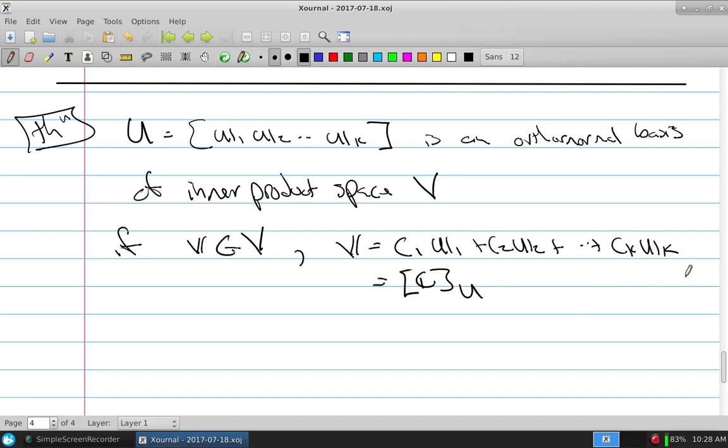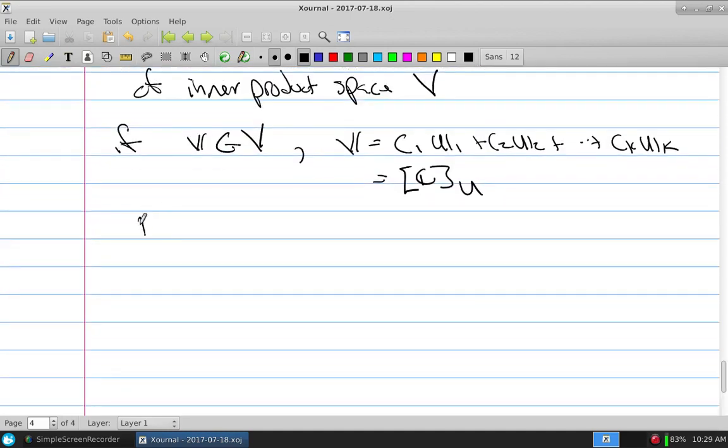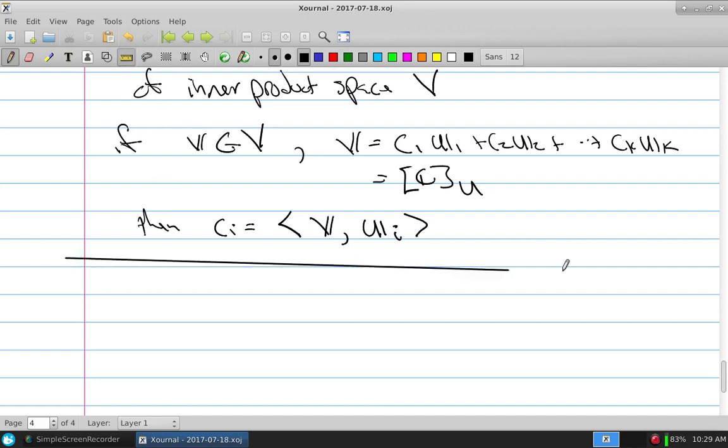Well, to find the coordinates, all you have to do is take the inner product of your vector with each basis vector one at a time. What is the angle, essentially, right? What is the inner product between the vector and the first basis vector? That's just going to be the coordinate for the first basis vector. Then what's the inner product of v with v2? That'll be the coordinate of the other. So an example of that, if we wanted to, we could say, hey,